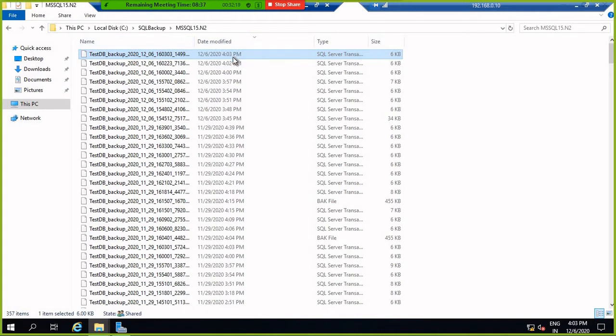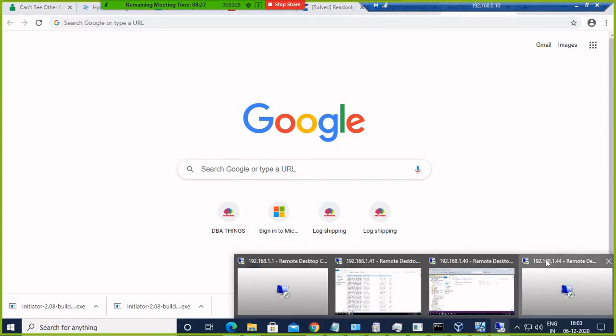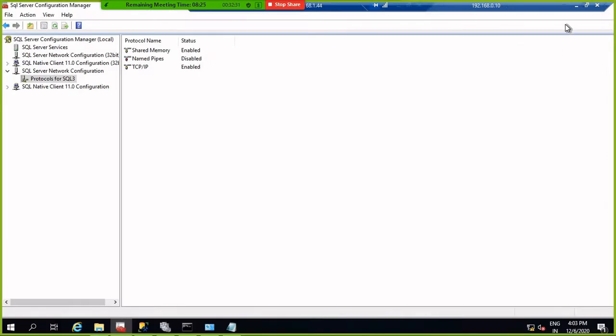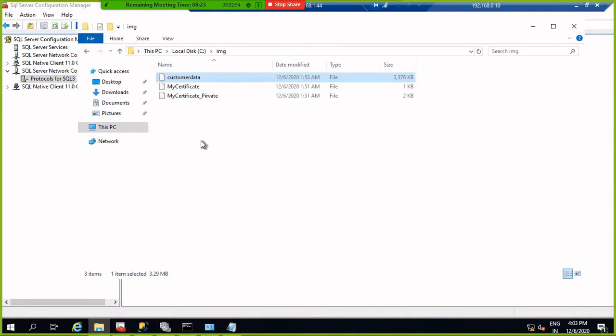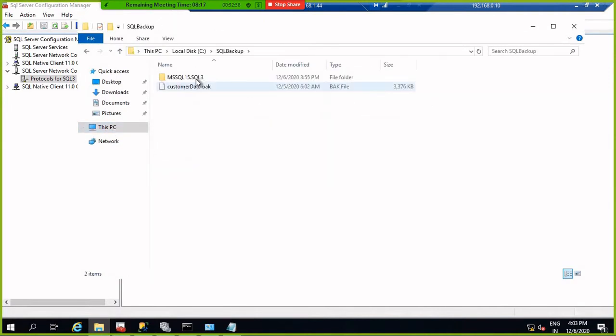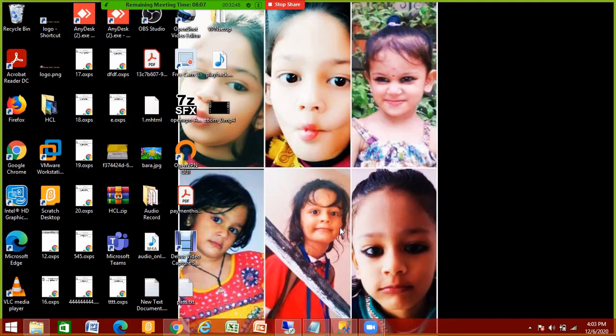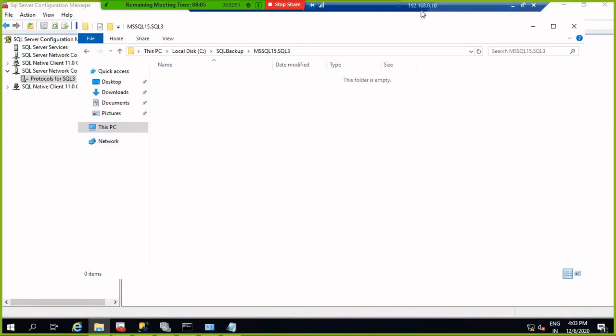What is the time? 4:43. So at that time the backup is generated here. But in another node you can check, this is AG3. Why is it generating here? Because you have given the priority to the secondary node.